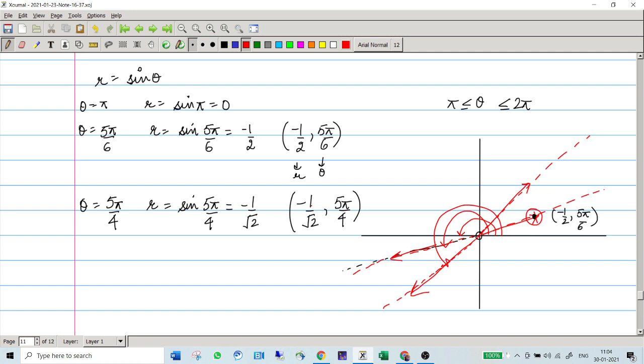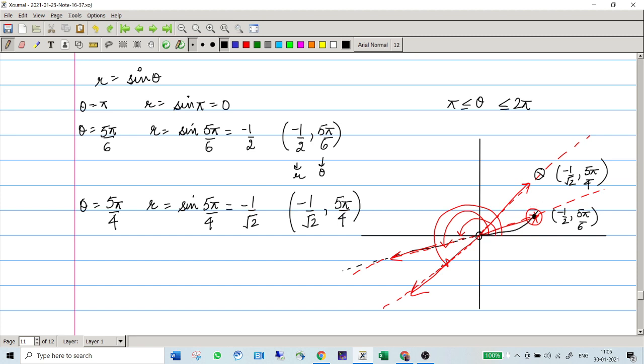Is there anything where you have a doubt? Okay. So how many units were you traveling in the opposite direction? 1 by root 2 units, because of this minus sign appearing here. So this is going to be your point, because you have to travel 1 by root 2 units in the opposite direction of 5 pi by 4. This is your point, which is precisely this. So you can see whatever we discussed in the previous structure, we were collecting these points only again.